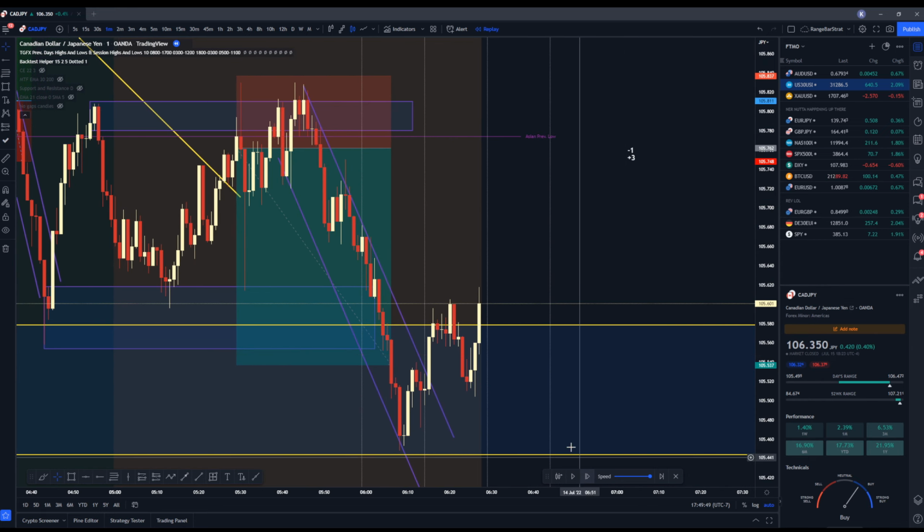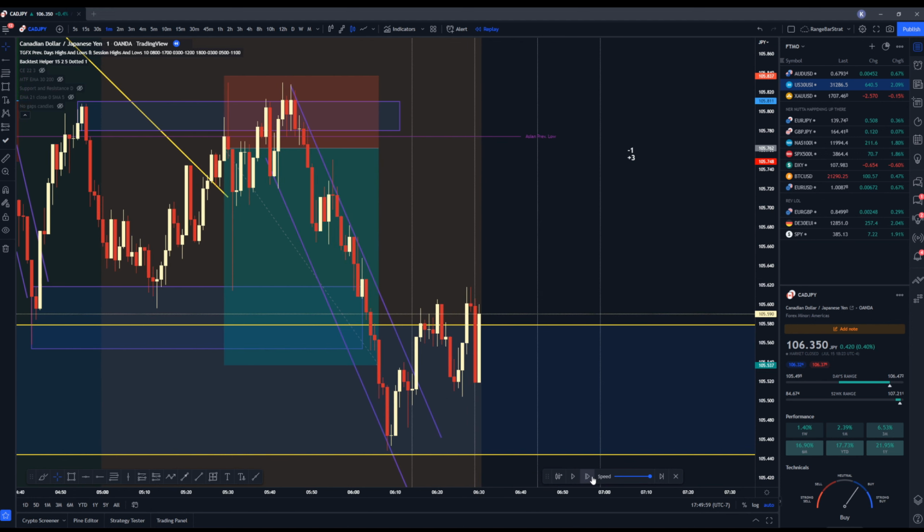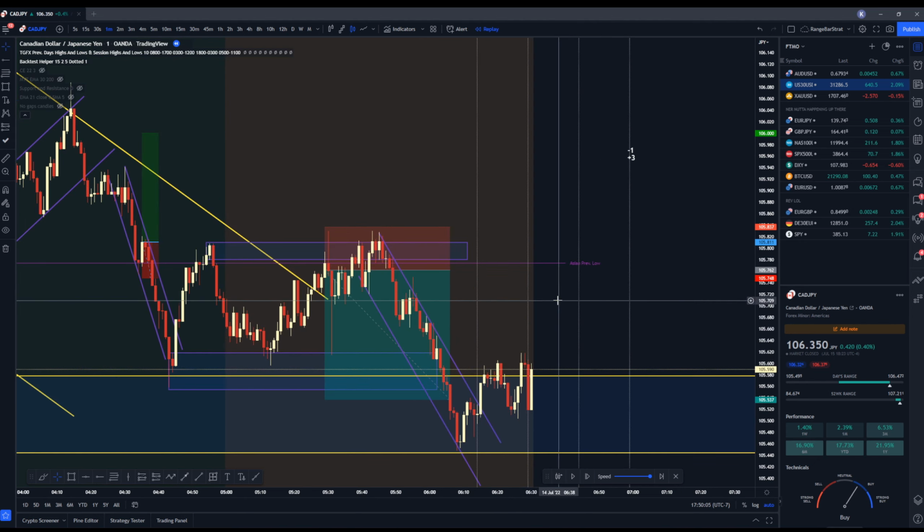It looks like we're continuously pushing up, so we could have probably taken an entry here off of this candle, but we missed it. So we're expecting a new low. We don't want to get involved. There's a lot of ranging momentum movement happening here.